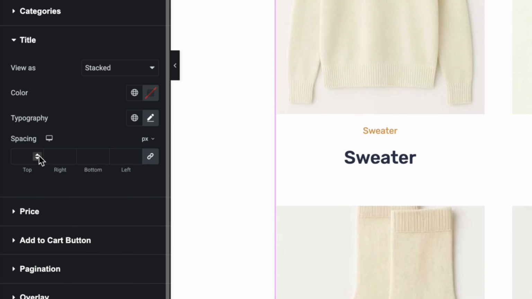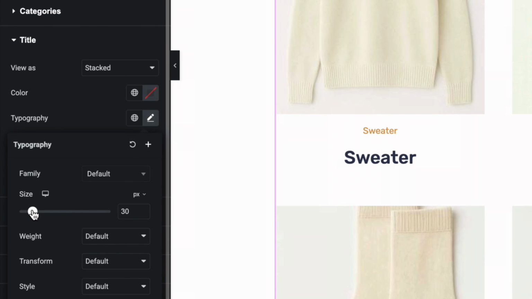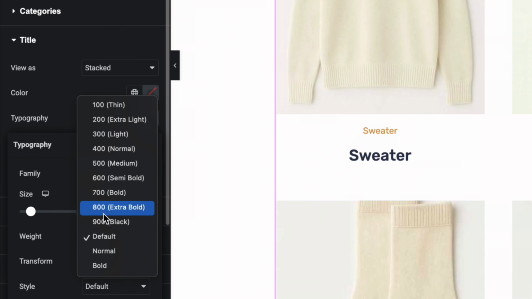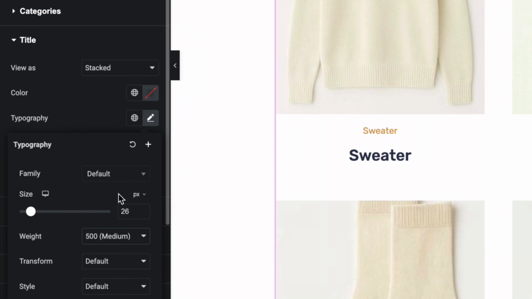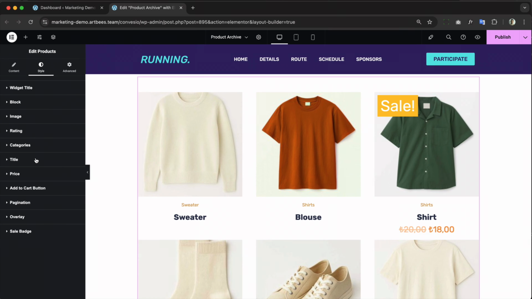And the title is also a little bit too big. So I'm gonna make this maybe 26 and maybe change it to a bolder weight, like let's try this one. Maybe this is better.